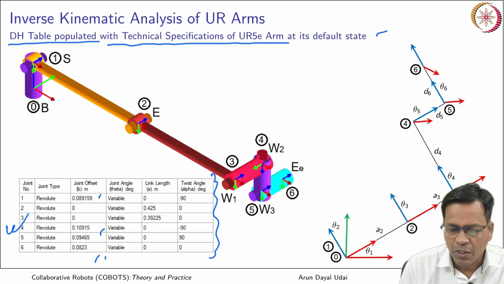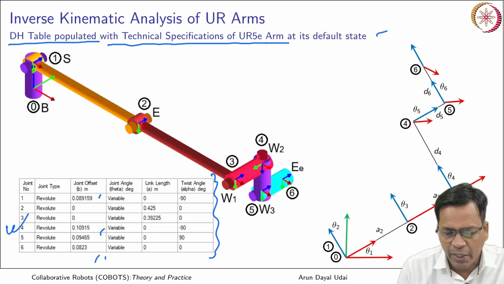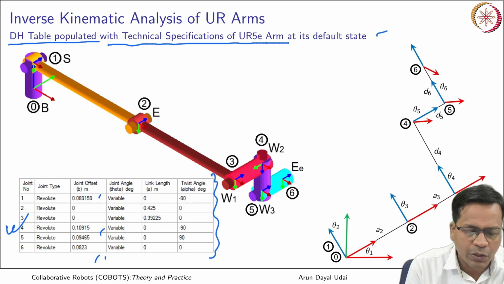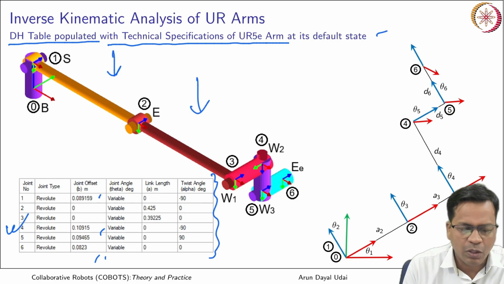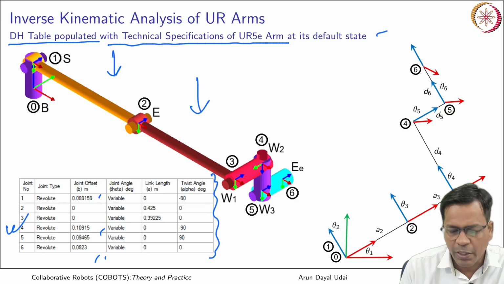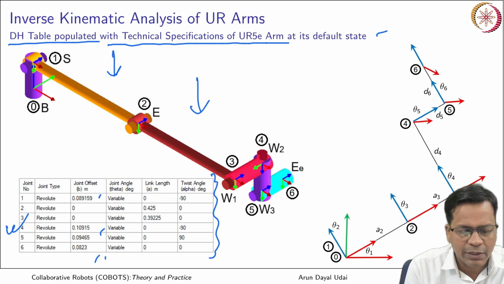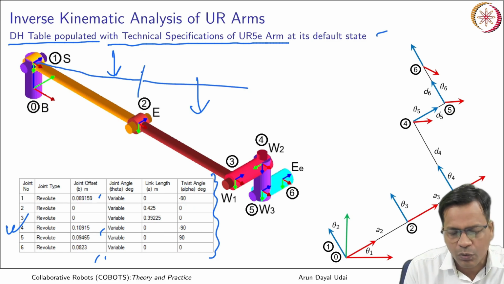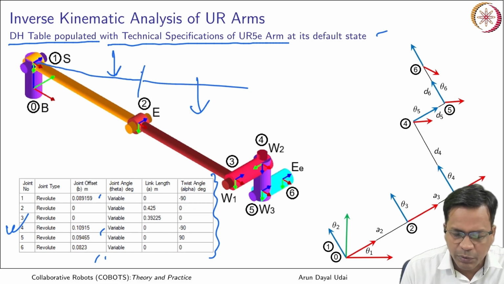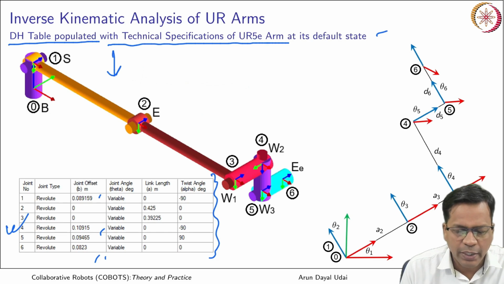So now this is the stick model. It can further be simplified like this. If I look from the top, this robot may look like this when joint angle theta 1 has rotated by some angle. Okay, so it goes like this. So if I look at it from the top, it should look like this.